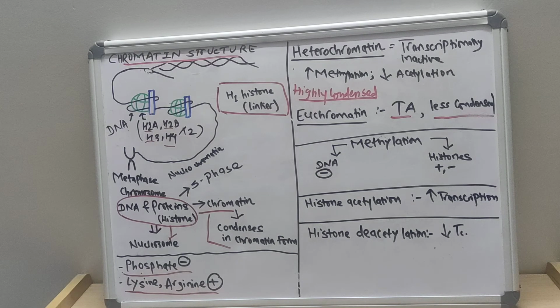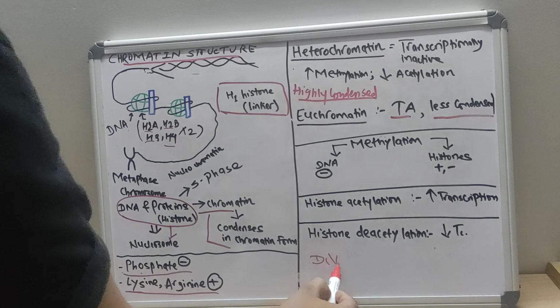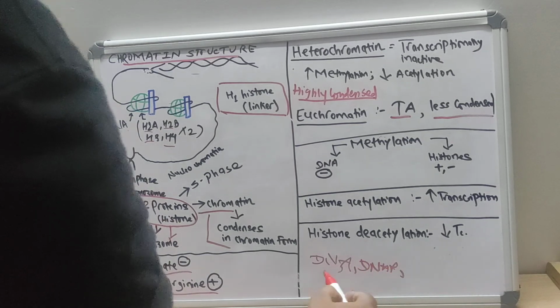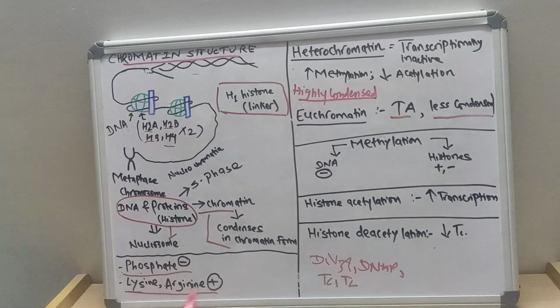Before moving to the structure of DNA, DNA replication, transcription and translation, I want to talk about nucleotides, nucleosides, purines, pyrimidines, and the metabolism of purines and pyrimidines. We will discuss this in the subsequent lecture, before starting the structure of DNA, replication, the structure of RNA, transcription and translation.